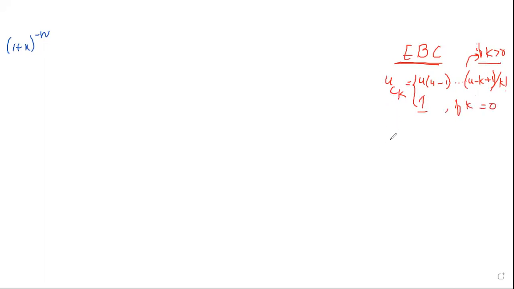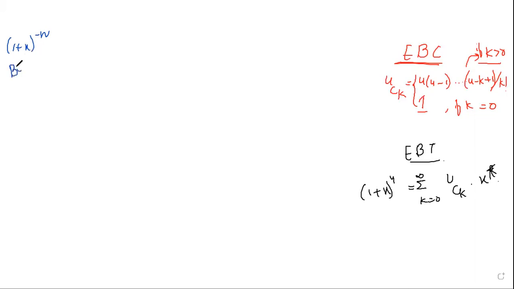Now, similarly, let's also write the extended binomial theorem so that it is simpler when we solve our example. This is the extended binomial theorem. Let x be a real number with mod x less than 1 and u a real number, then (1 plus x) whole power u is given as the sum for k equal to 0 to infinity of u choose k into x power k. Now we have to find the generating function for this. Now let's take our example, (1 plus x) whole power minus n.